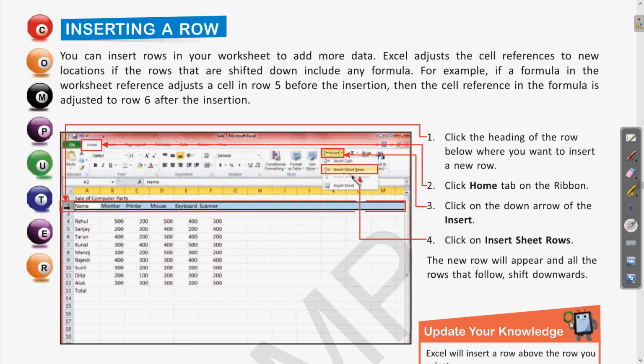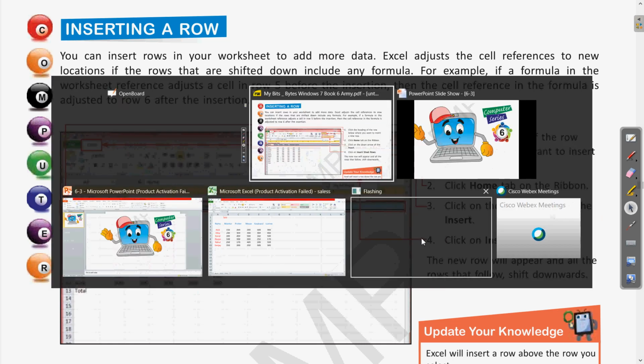Clear? In the insert option there is insert sheet rows. When we click on insert sheet rows, a new row is inserted above the row which we have clicked. Clear? So if you want to see it once again, let us see.